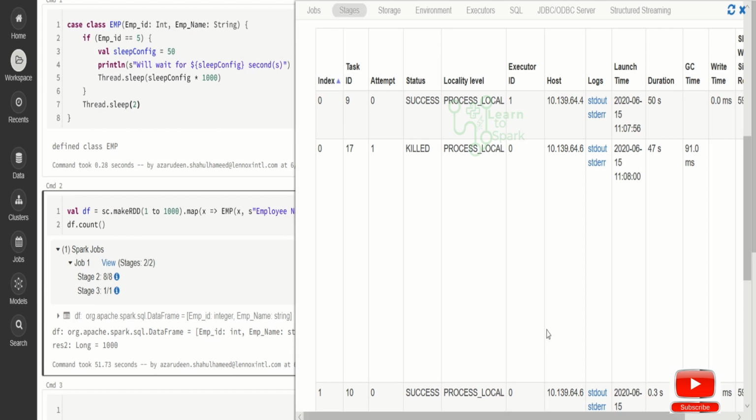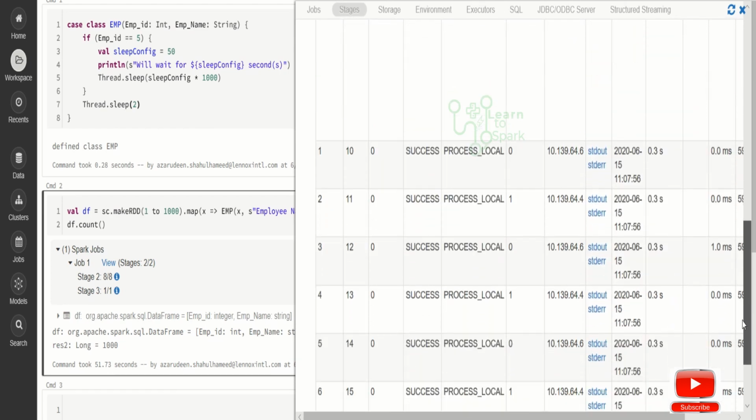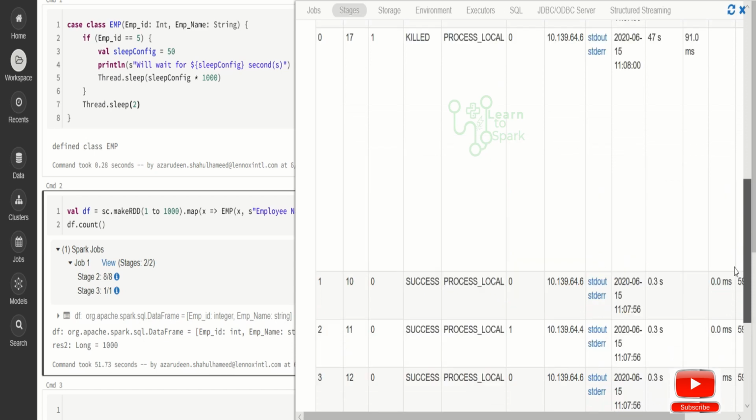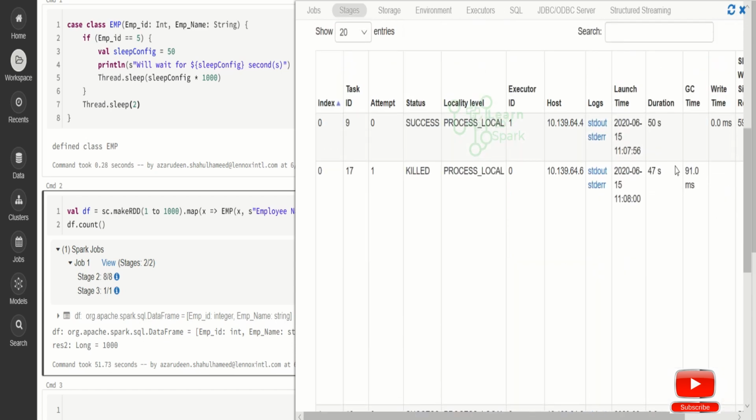Basically, for the task that is running for a long time, see here, all the tasks got completed within 0.3 seconds, whereas task 0 alone was still running at 50 seconds. That's why it got triggered on another worker node using speculative execution. And once task 0 is completed on one worker node, the other task automatically got killed and the job succeeded.